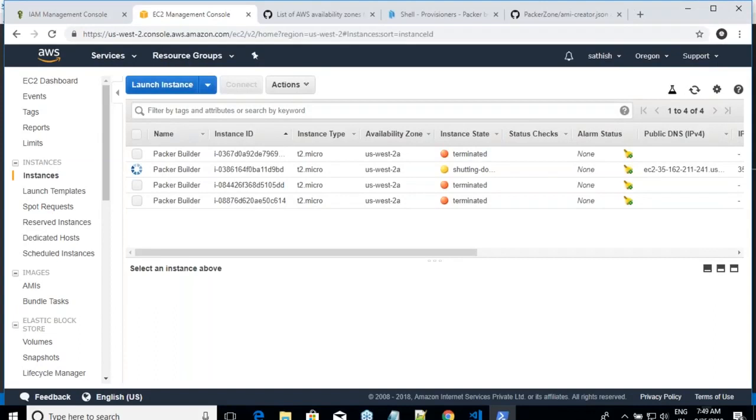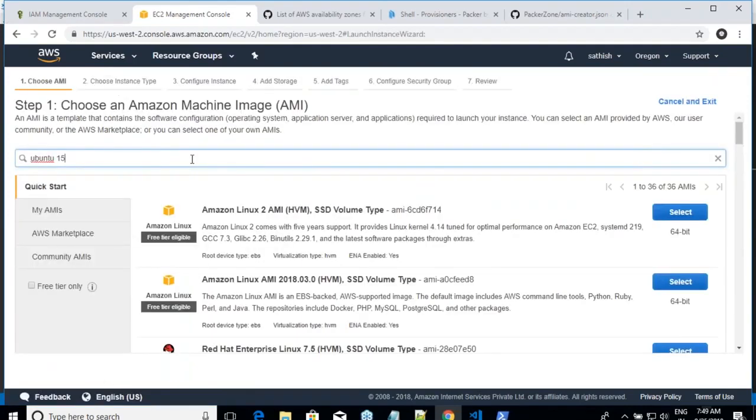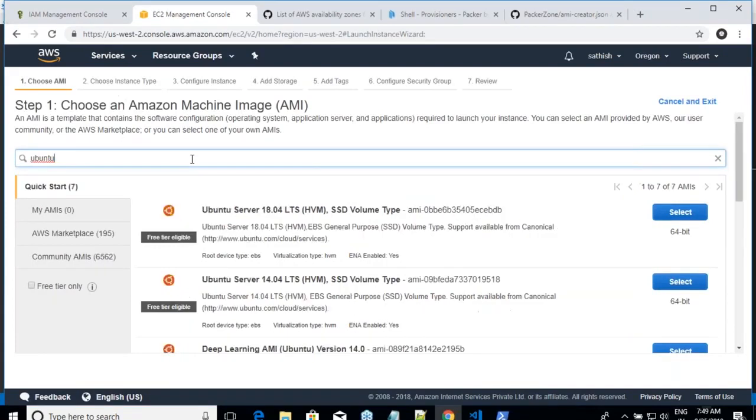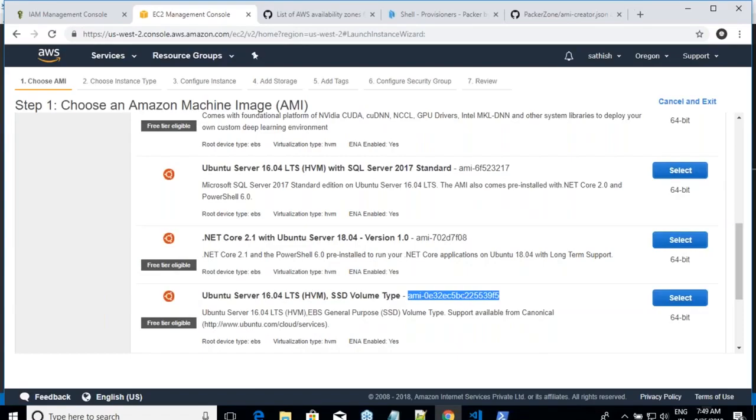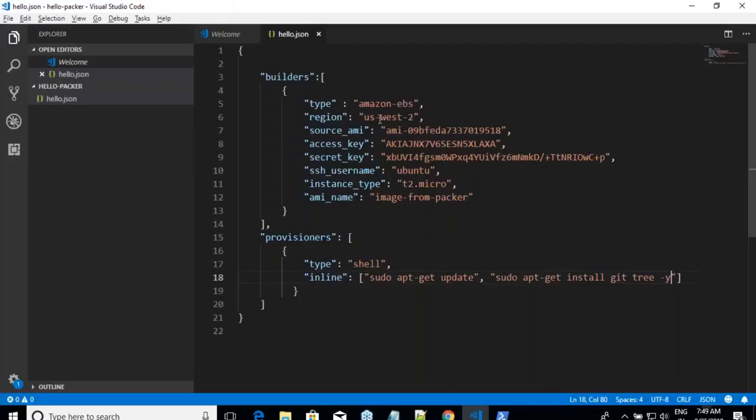1 to 60. Are we changing just the image ID? Because this one. Yes. Okay. Let it fail. I'm okay with that. Where is the source AMI? Yes.